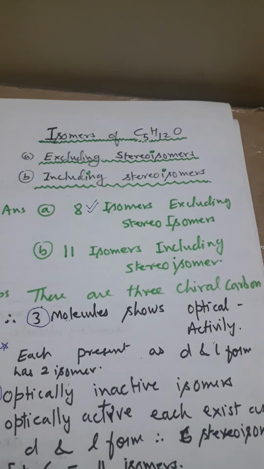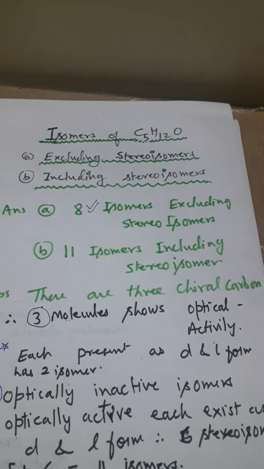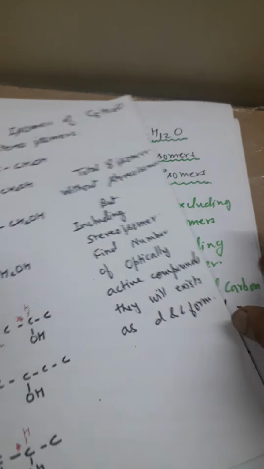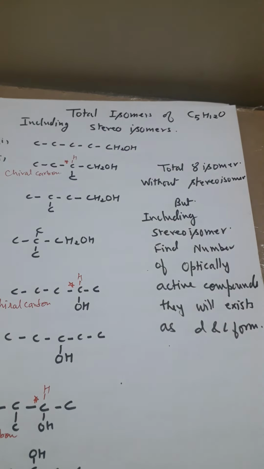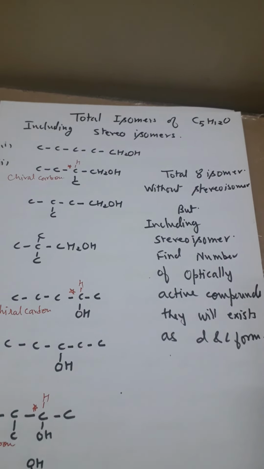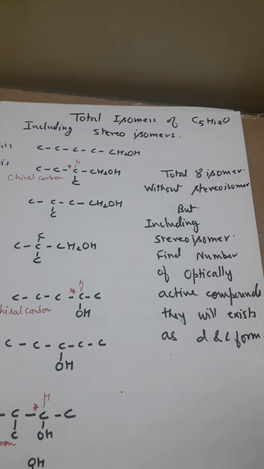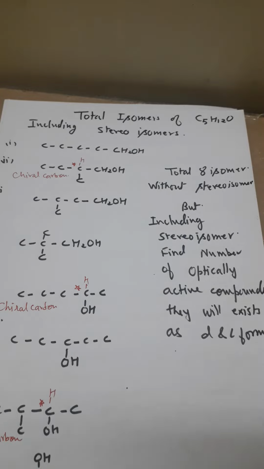Now, why have I written this first? Because most of the time people only watch a little bit and then skip the whole video. So it will create interest in you that oh, it is this simple, and then you will go for it. Okay, see here, it's very simple, very easy. First of all you have to write down 5 carbons, and I told you, just as a layman starts, because otherwise if you write CH3 everywhere, it will be very time consuming. But for MCQs you have to be very quick. That is why I have given you the 8 first.